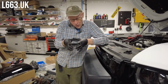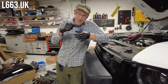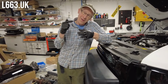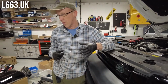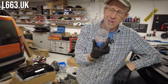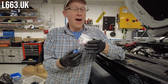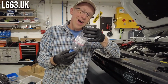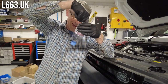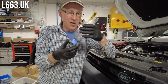There's a hole about so big, and I can see the sump plug here. I can get a spanner on it and undo it, and I can get my hands in. But what I'm worried about is the oil is going to shoot out. So I've developed my new special drain tool. Look at this. That's posh water, that is, Evian. So I'm going to try and stick this up the tube so the oil, rather than catching here, runs down. Obviously, I'll take the top off. And then it will go into my...